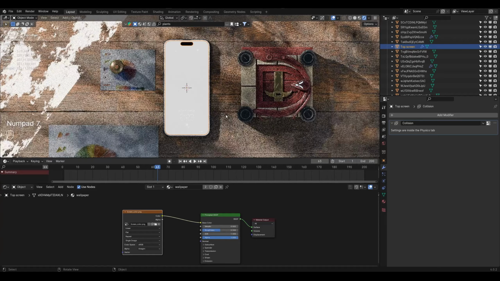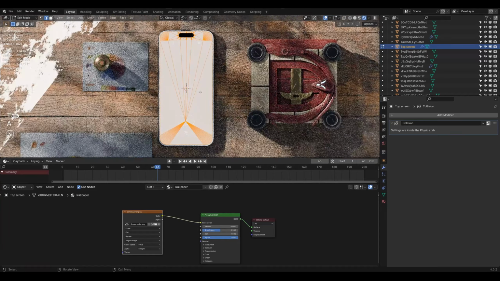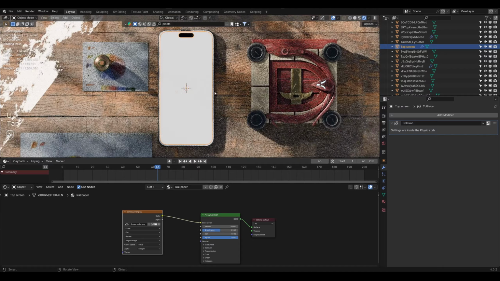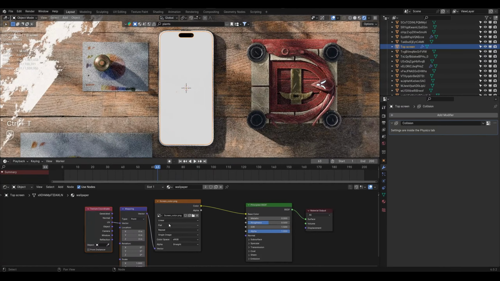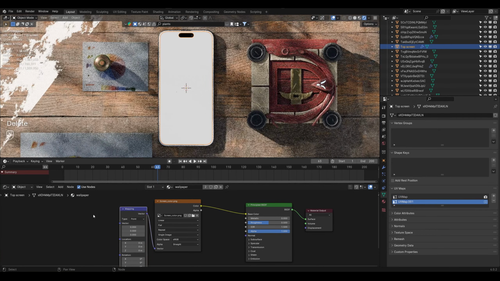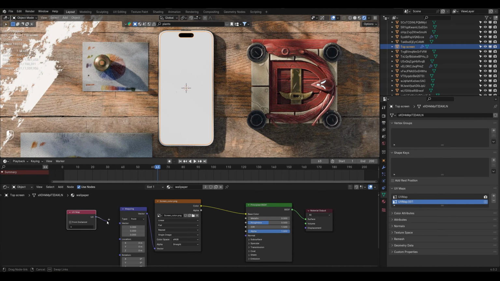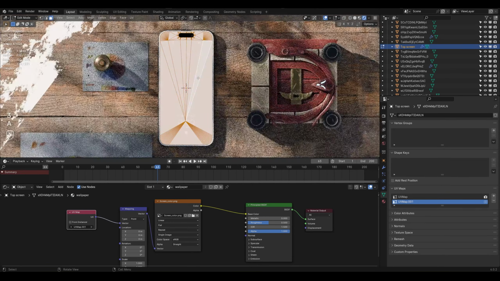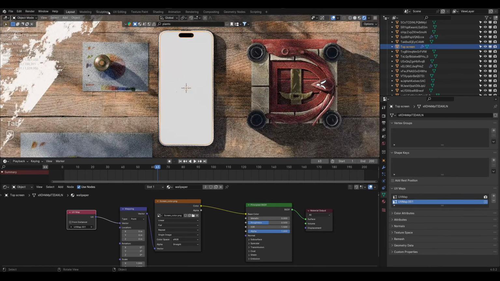and press 7 for the top view. I'll press Tab, select everything and press U and choose project from view, and I guess I have to press Ctrl T, and for the UV map I will use this UV map 001. So UV map slider, and just plug it here and choose UV map 001, and you can see this is available. So Tab 3 for all the selection, U and choose project from view,